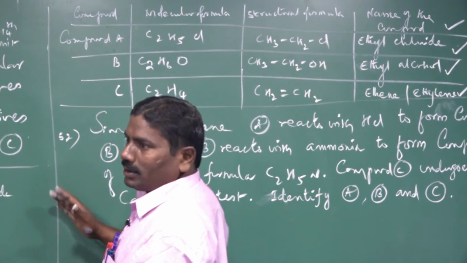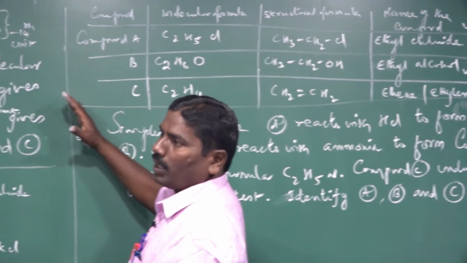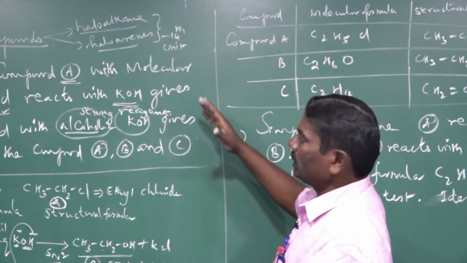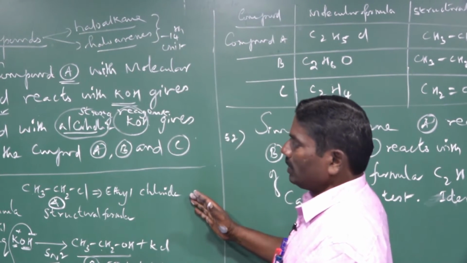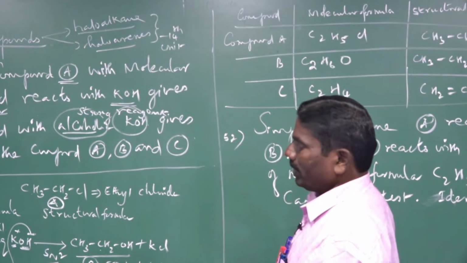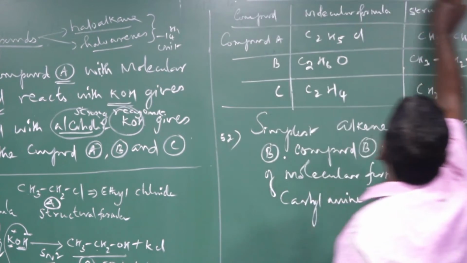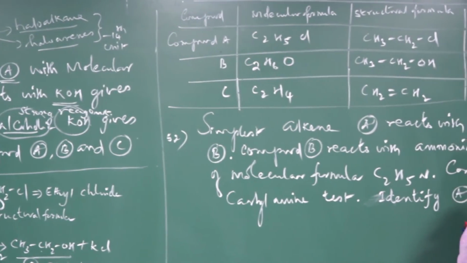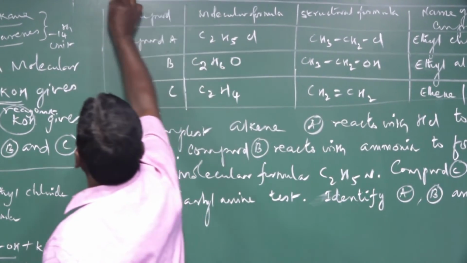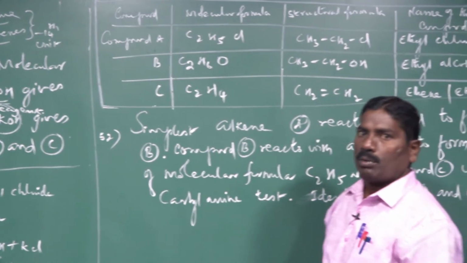For all along this year, in +1 and +2, you have to follow this systematic method to solve these organic problems. First you have to read the question, then go for the steps, then find the equations, equation 1 and equation 2, and then give this table column to find out compounds A, B and C. This is the method we have to approach these organic problems.